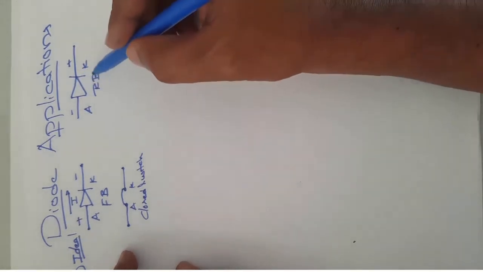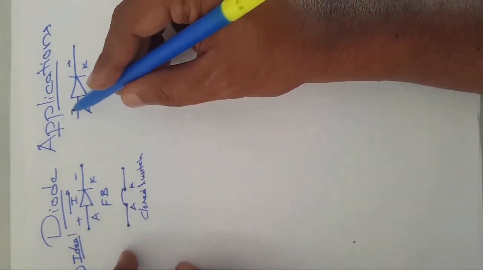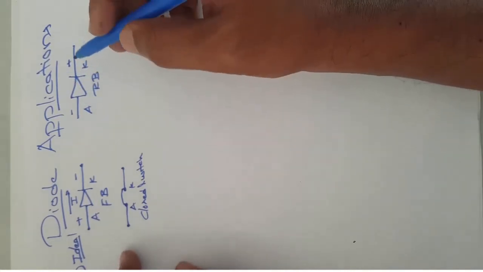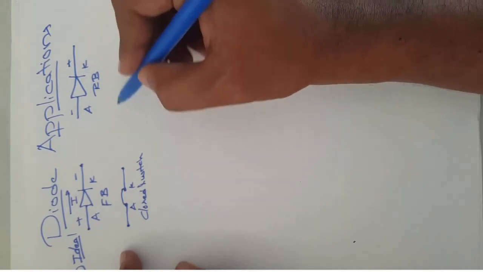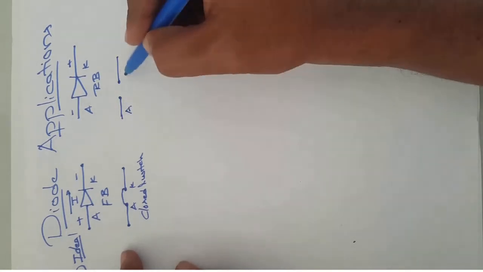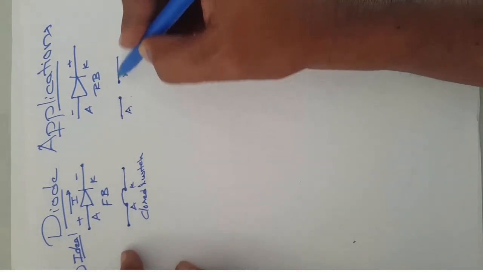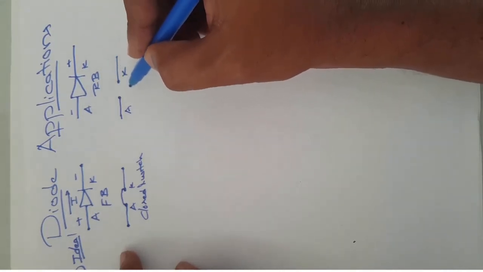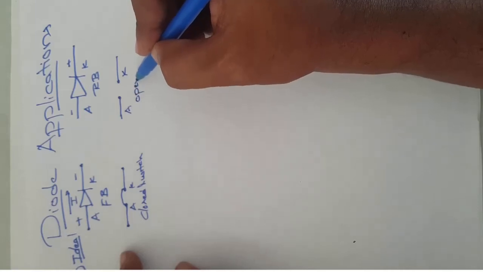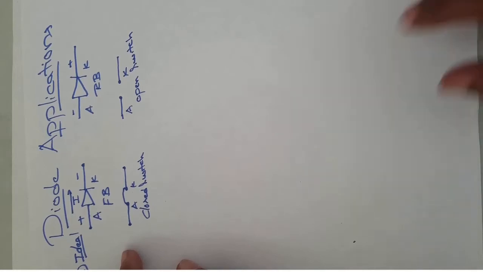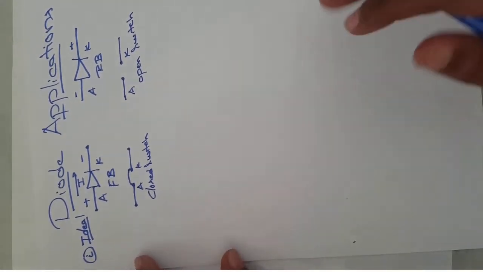Likewise, in this case the anode is connected to negative, so it means it is reverse biased. The current doesn't flow from anode to cathode or from cathode to anode. So this is represented by an open circuit condition. This is your anode and this is the cathode. There is no path for the flow of current in either direction. This is an open switch. This is what we discussed in the previous class, and this is case 1, an ideal diode.